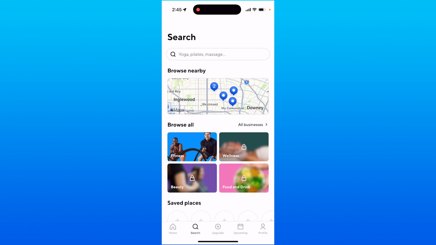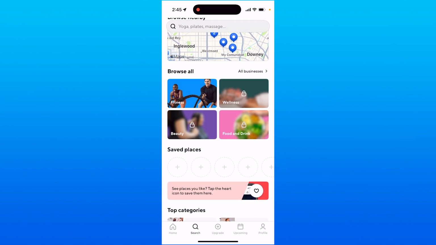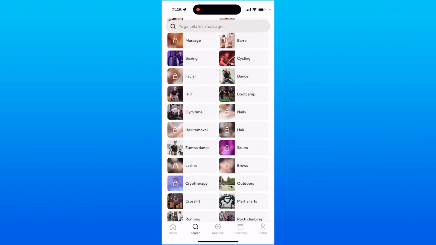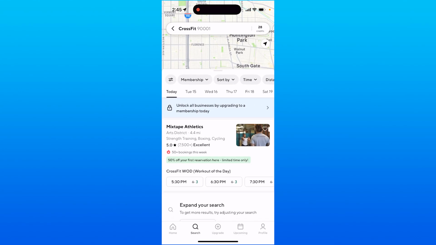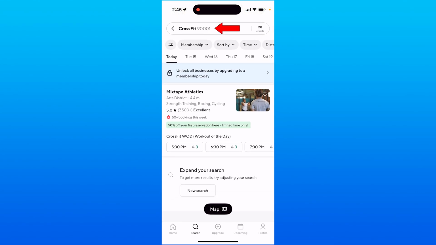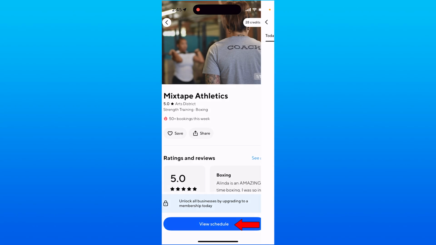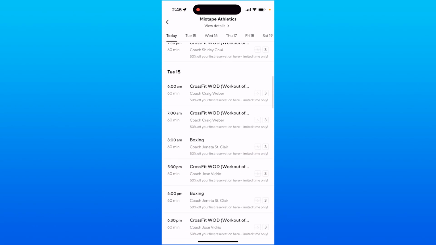You can also view classes just on the home screen, like so, where you can click on a class once you find one that you are interested in. Let's just say CrossFit right here. You can actually see the classes nearby to your address, like so. Once you click on your class, you can simply click on view schedule, and depending on the class, the availability